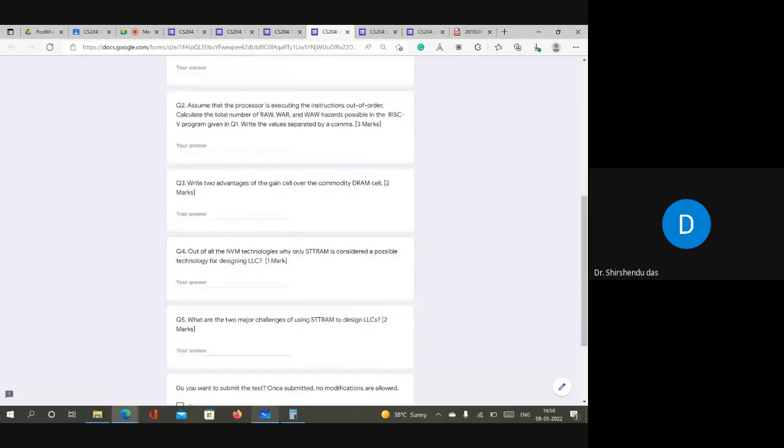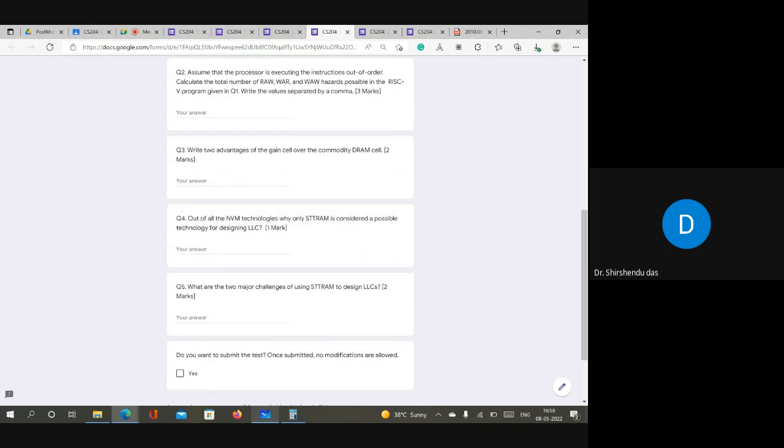Question number 3, solution: what is the advantage of gain cell? Again, it's not in the exam, but the advantage, I think I have already discussed in class, is that it is faster. Plus another advantage is it will not discharge when we read something from the gain cell as compared to a commodity DRAM cell. Okay, and out of all the non-volatile technologies, why only STT-RAM is considered as a possible technology to design LLC? Because this is the only non-volatile memory which we can use,